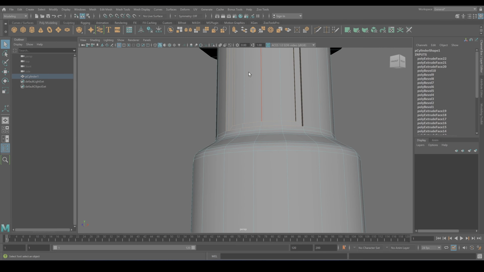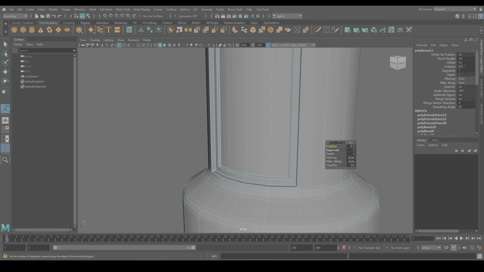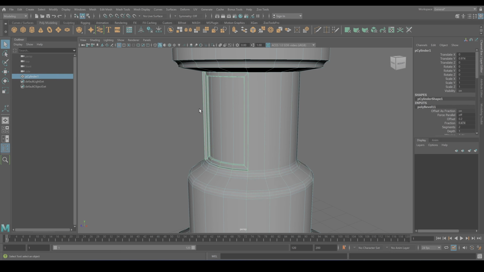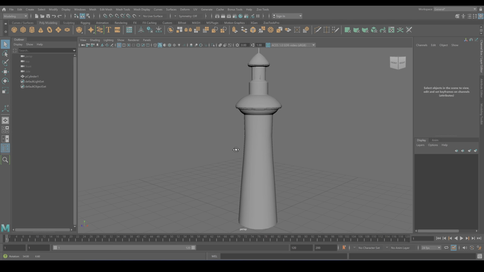So adding a bit more sequence to it. Creating a bit of the friction. We're good to go. So, and here's our lighthouse. And there you have it.